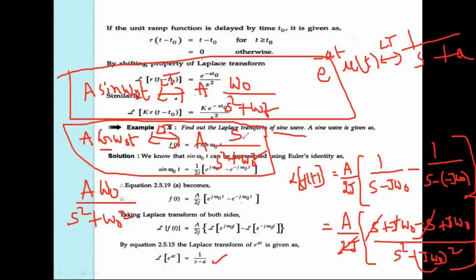Simply remember here: cos will get numerator a s, sine will get numerator a constant, omega naught is a constant, while the variable function is a s. Got it? Okay. The Laplace transformation of sine function and the Laplace transformation of cosine function: for cosine function the numerator is a s, the denominator is as usual, both are the same. Got it? So the Laplace transformation of a into omega naught by